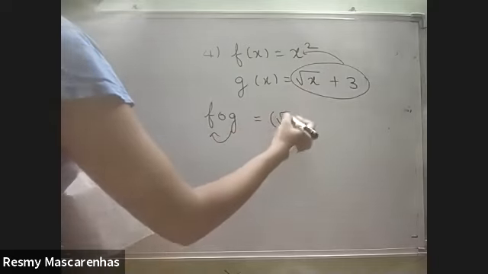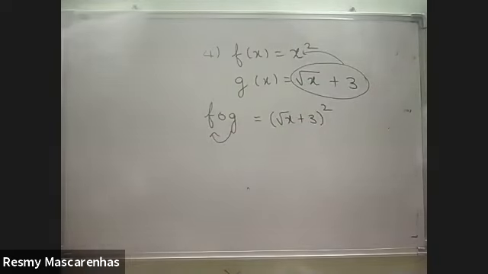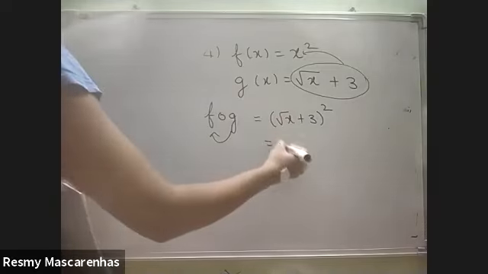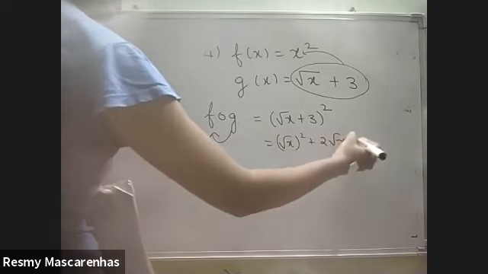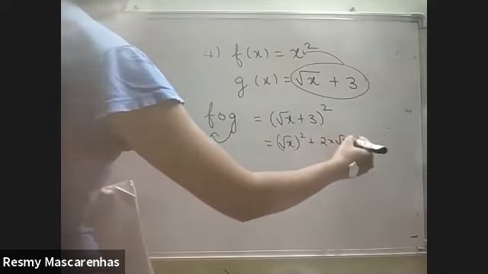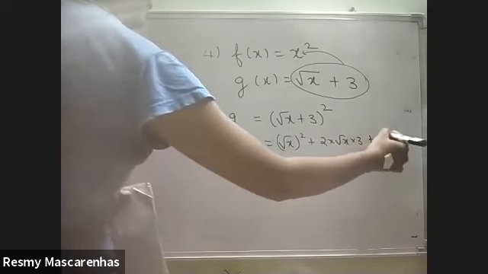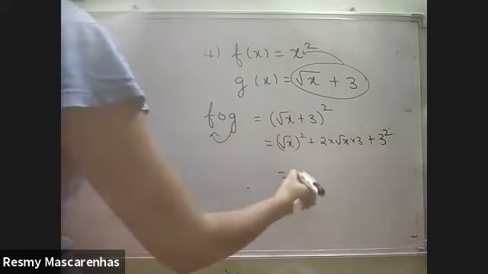So it will be like this. And then a plus b the whole square formula: a square plus 2a into b plus b square. So that will be x